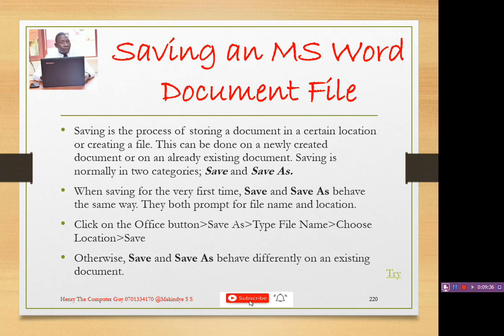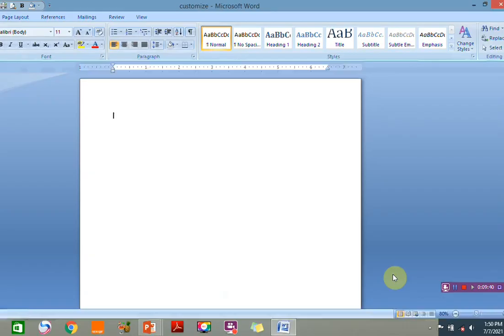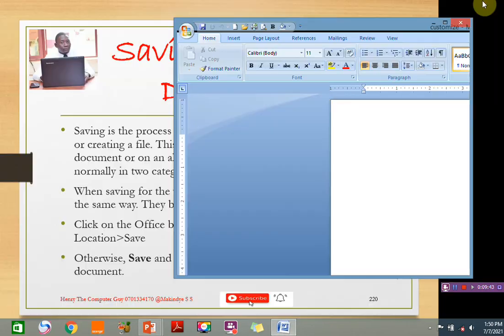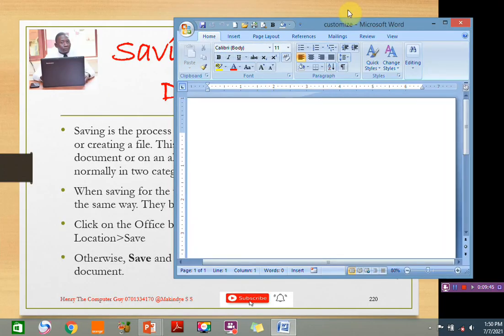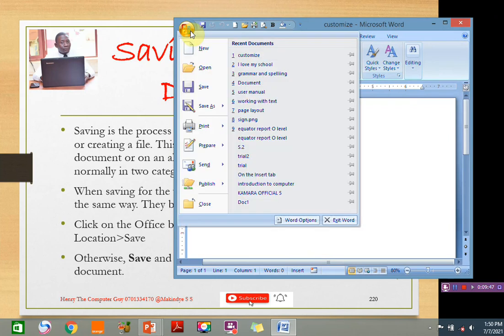And let's try and see how we can save our document. For example, let's try this link here. This is our document that we are having. For example, they have told us that we click on the Office button, then we come and look for